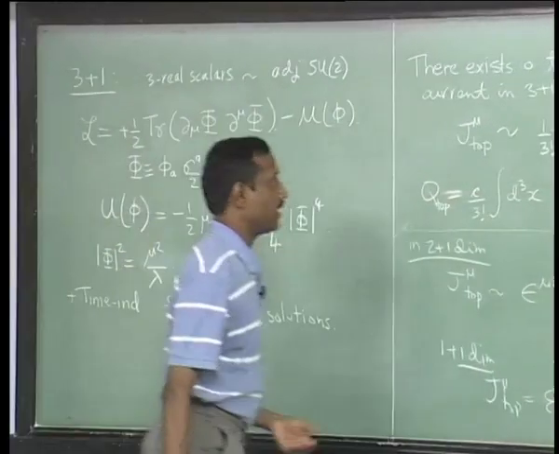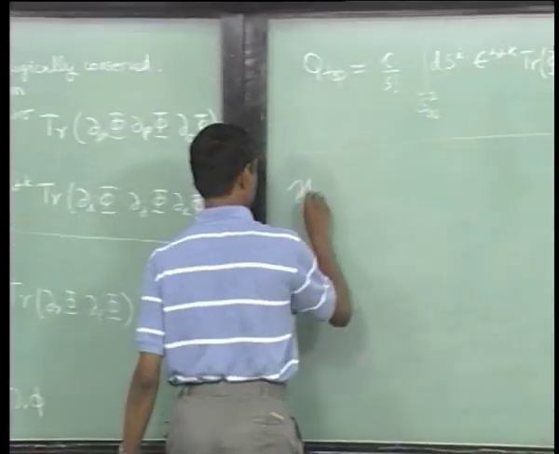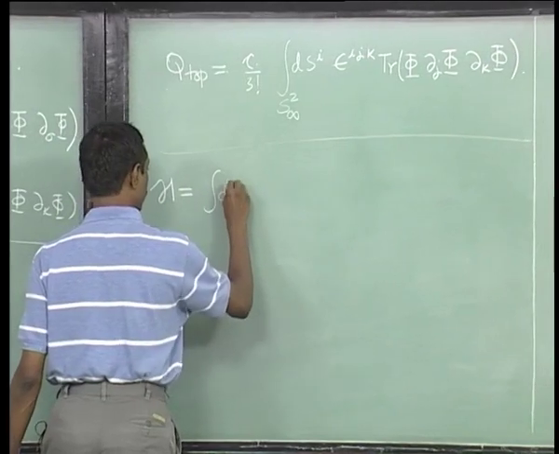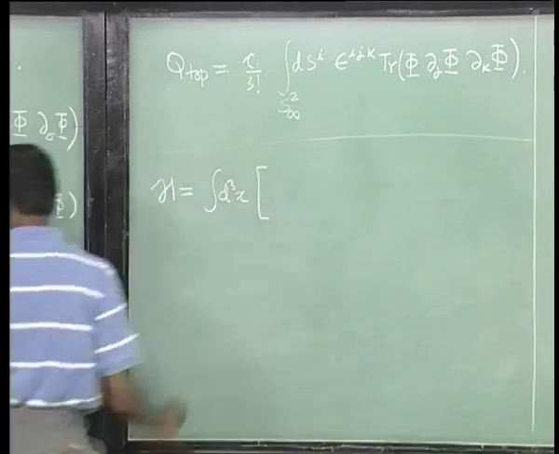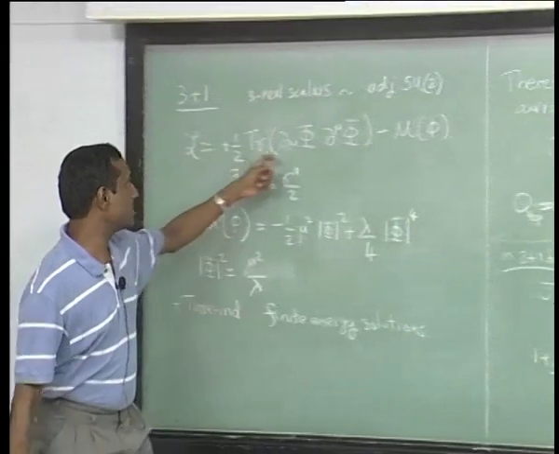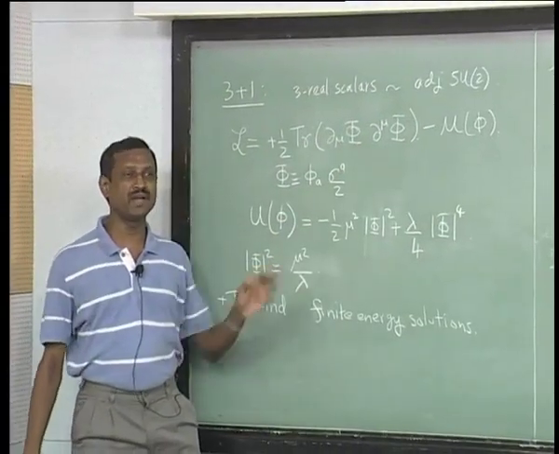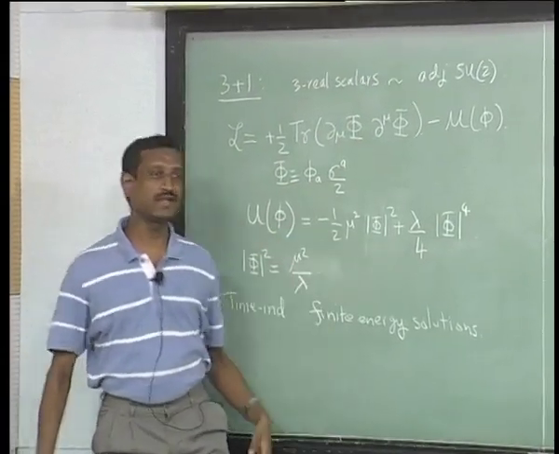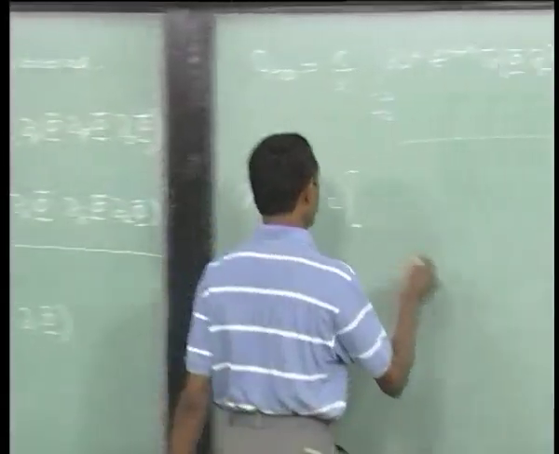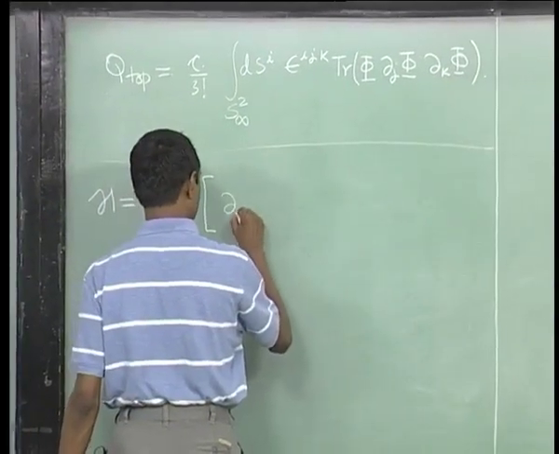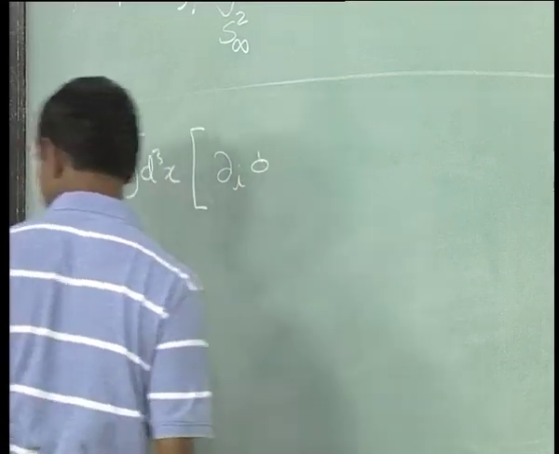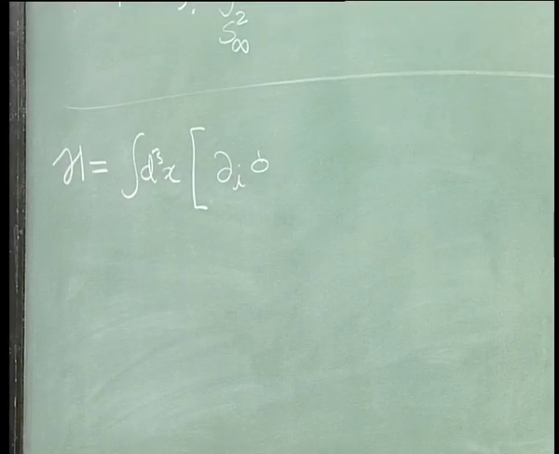So let us look at the Hamiltonian density for this thing. Because it is time independent, there would be time derivative parts, but I am just saving time, so I am just going to write out the spatial parts. It would be di, trace of di of phi